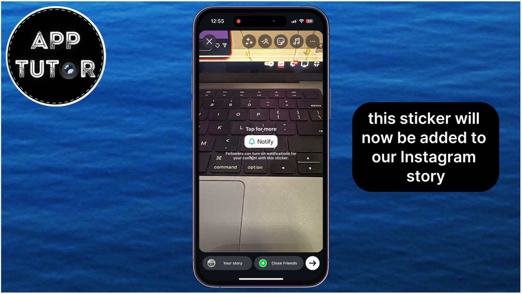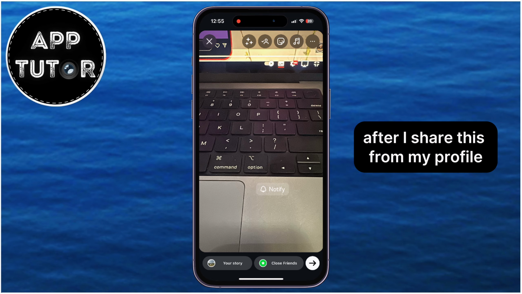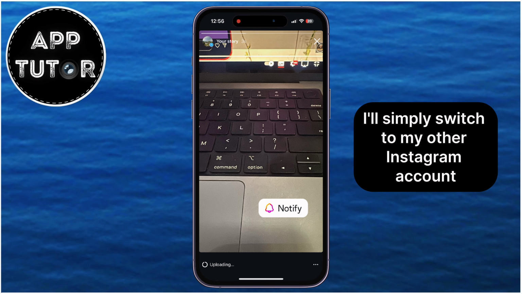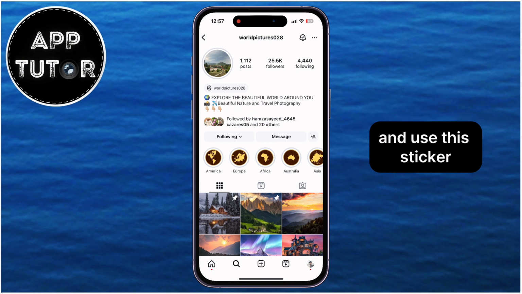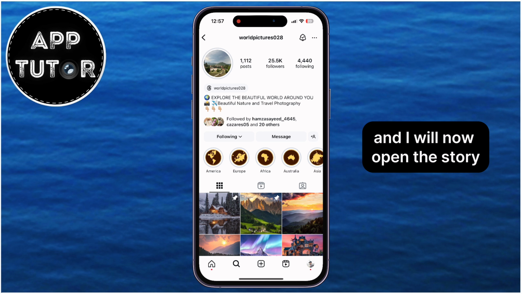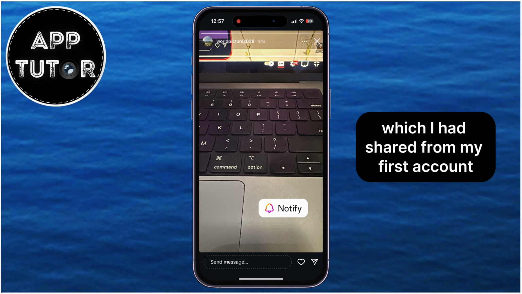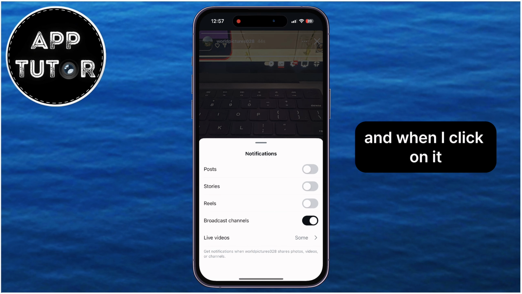So this sticker will now be added to our Instagram story, and you want to share the story with your followers. After I share this from my profile, I'll simply switch to my other Instagram account to show you how your followers are going to see and use this sticker. So I'm now on my other Instagram account, and I will now open the story which I had shared from my first account. As you can see, here is my sticker, and when I click on it, it will open